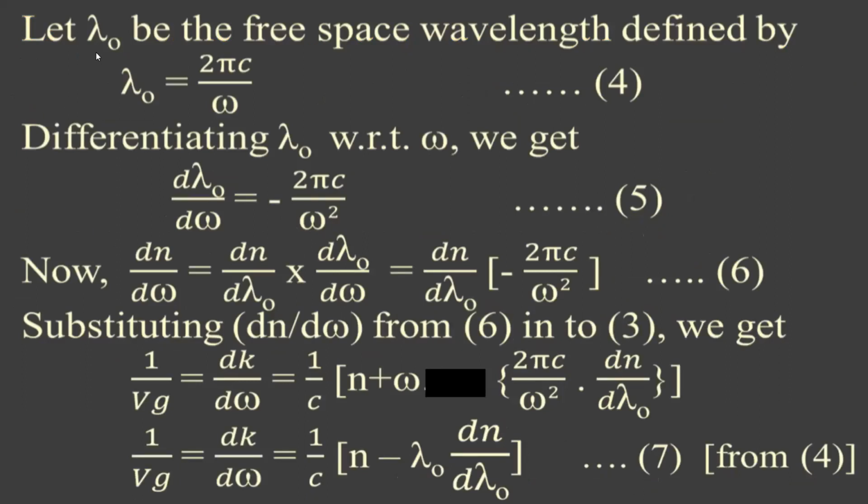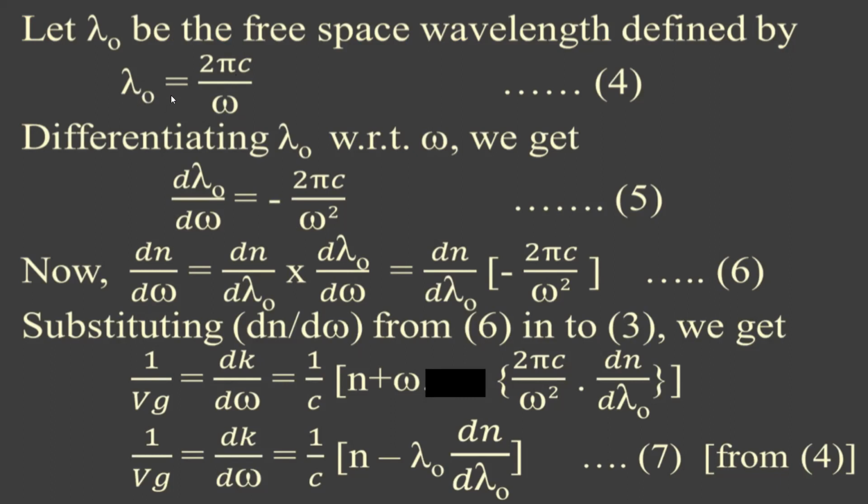Next, let lambda naught be the free space wavelength defined by lambda naught is equal to 2 pi c by omega. Again, this is just making use of the standard relation between wavelength, frequency, and angular frequency of a wave. So 2 pi f is equal to omega, and f, the linear frequency, can be written in terms of c, the velocity of light, and wavelength. So you can work out